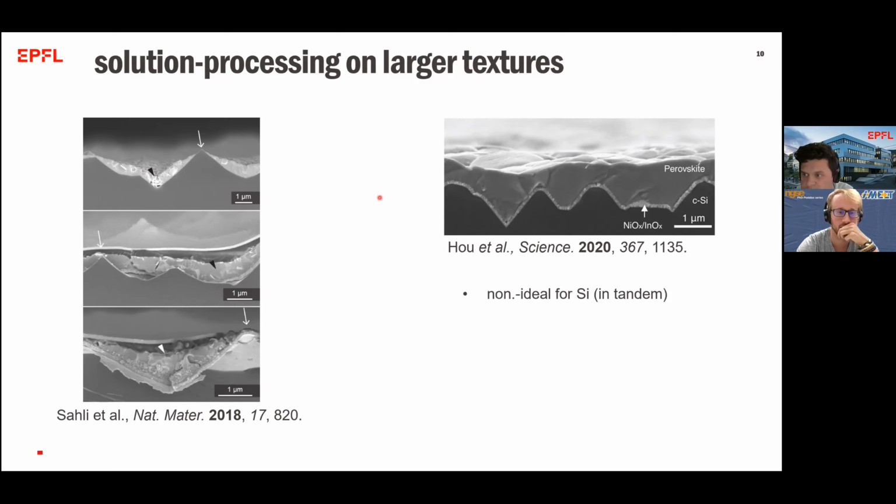Yeah? So the reason why we need these big textures is that we want to reduce the reflection in the silicon also. And also, if we think in the long term, it's not exactly an industrial standard to make these tiny pyramids. So